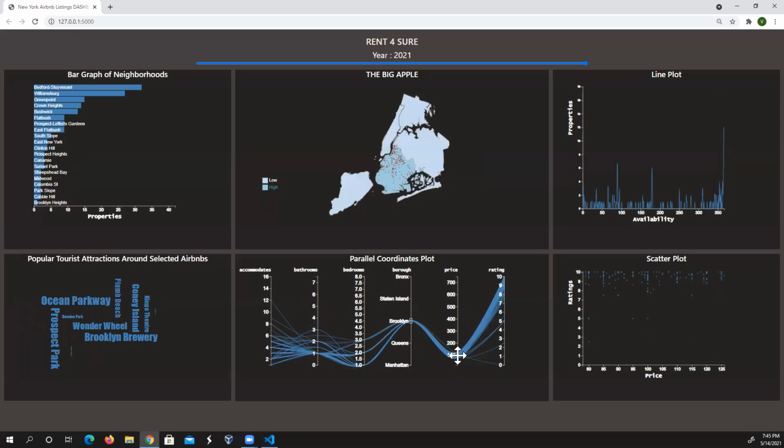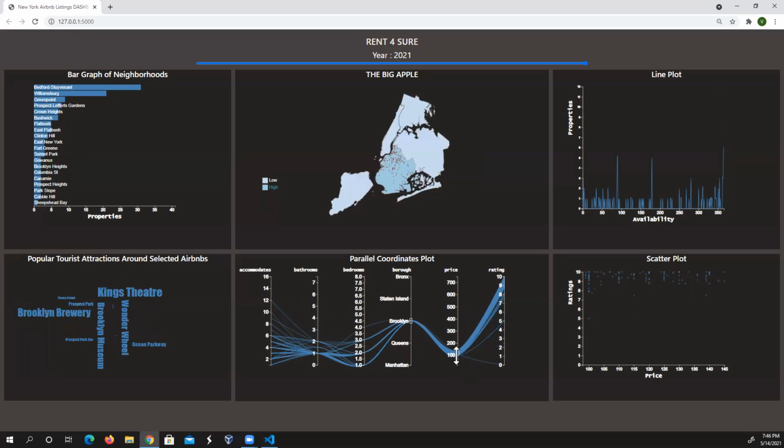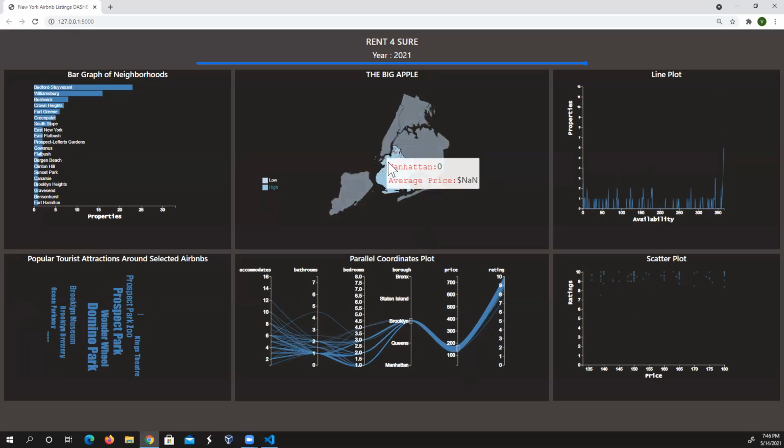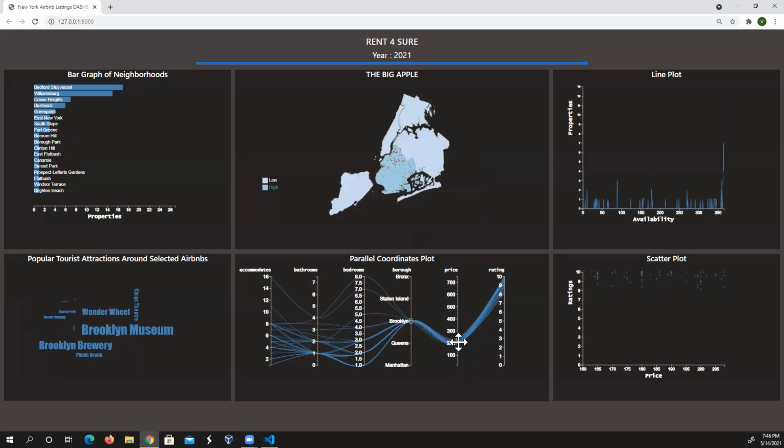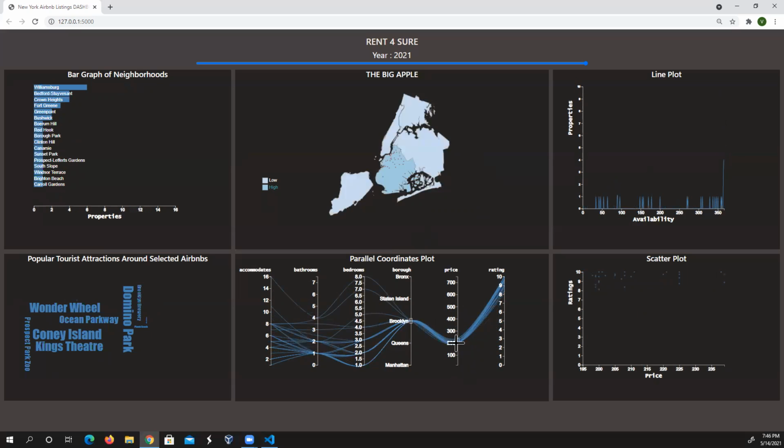And when we increase the price slightly above 100 and we go towards the 200 mark, we can see that there are a lot more properties getting concentrated towards this part, which is close to Manhattan. So it tells us that as you move closer to Manhattan in Brooklyn, the average price of a property is bound to increase due to the proximity to Manhattan, of course.